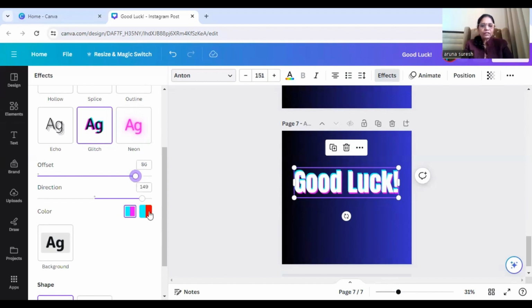Now you have another color option, which comes with blue and red. The previous one was blue and pink. So this is how you can do the effects in Glitch. Okay, now let me change the direction so that it looks a little bit better. Again, in the pink also you can try. So it is a double color shade which looks like a glitch. So moving ahead,